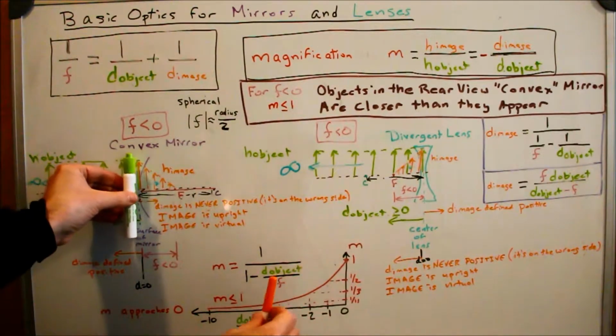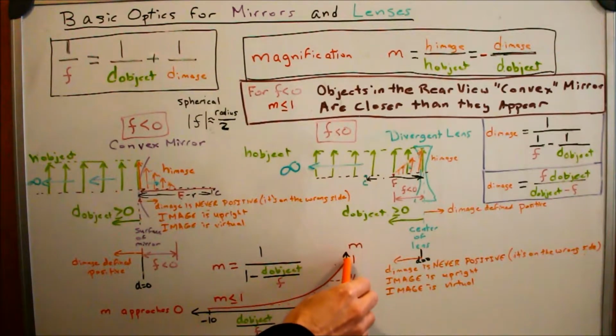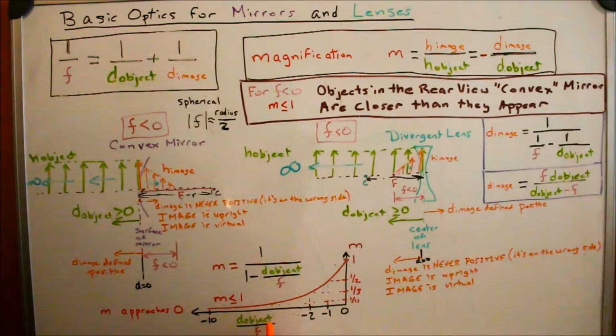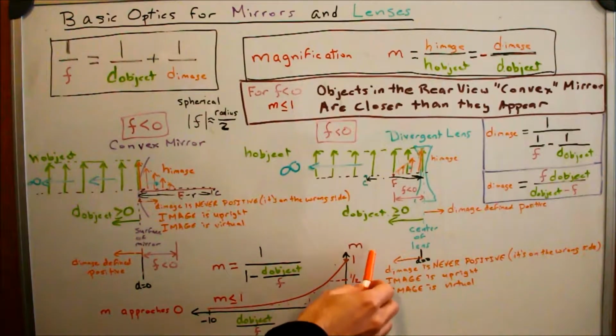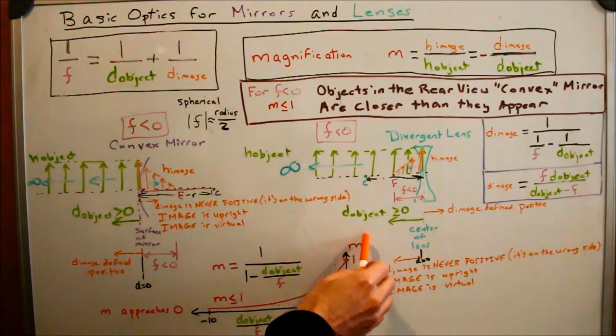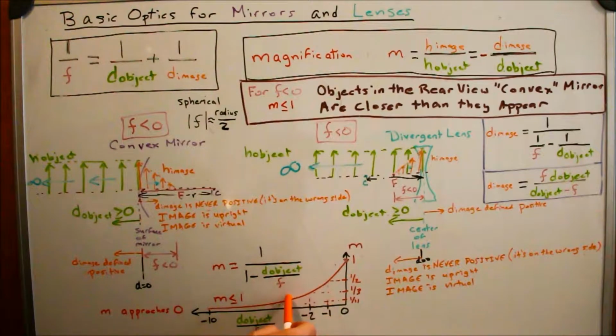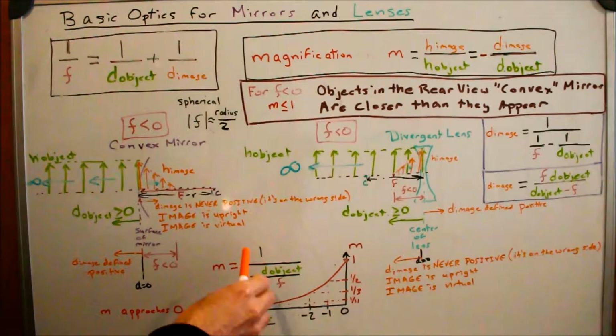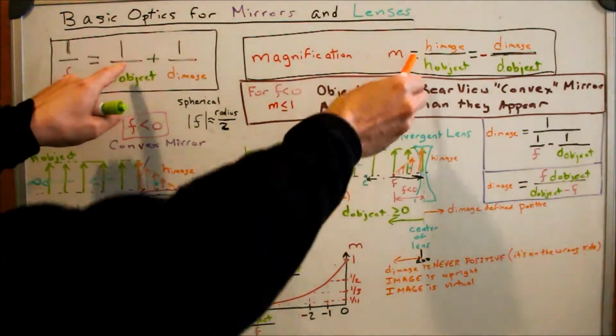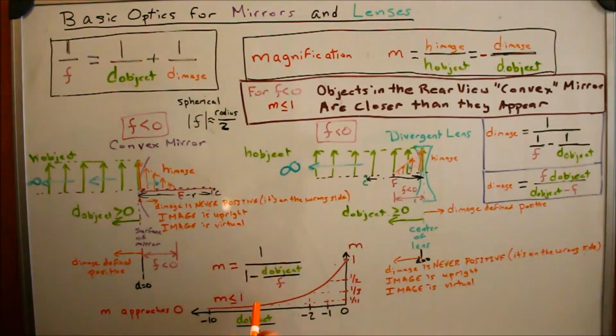But as I move farther and farther away, the object, the height of the image over the height of the object, the magnification is getting smaller and smaller and smaller, and ultimately when I go to infinity, as far as my object over my focal length, my magnification approaches 0. And taking this relationship and that relationship,